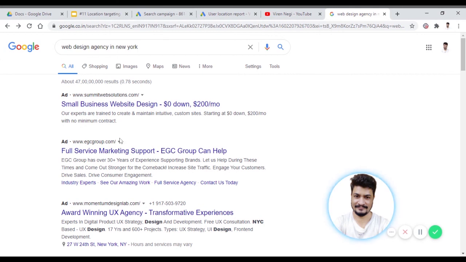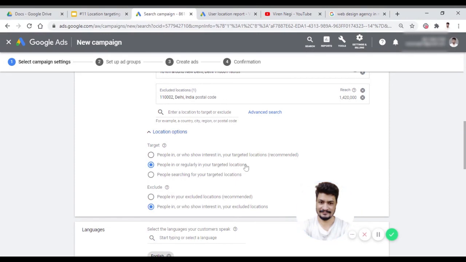So they just click on your ad without thinking that you are losing money. This is how that works. If you are getting clicks from outside your target location, always enable this. Check your reporting here to see from which location you are getting clicks, and if you have not targeted that location, then the issue might be that you have selected this option, not this option here.